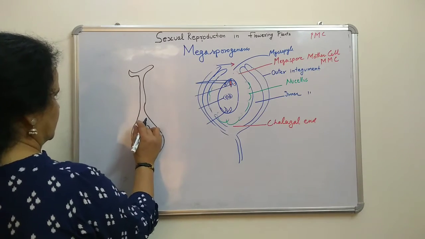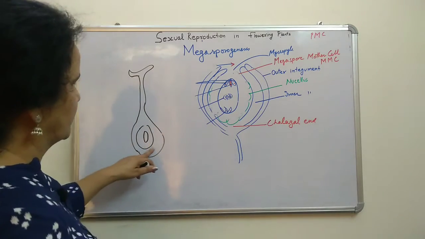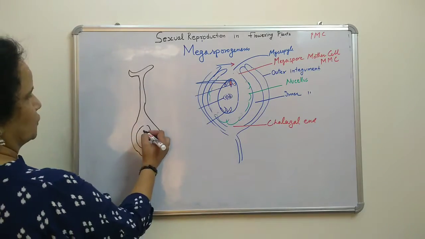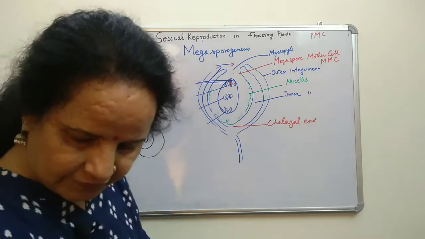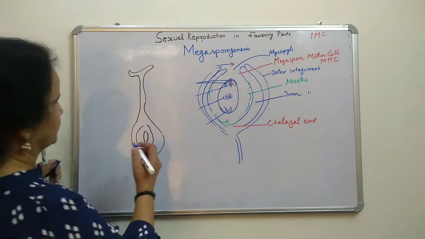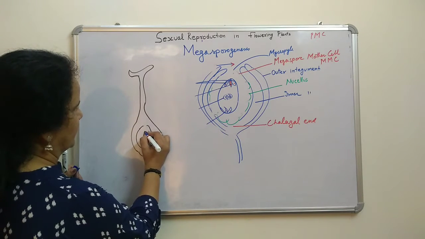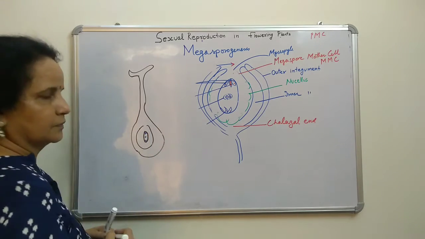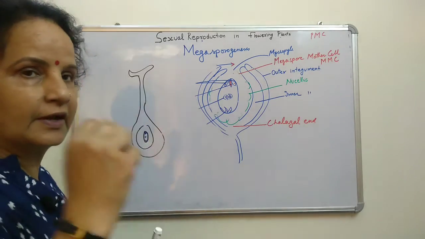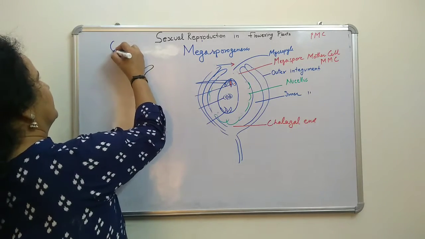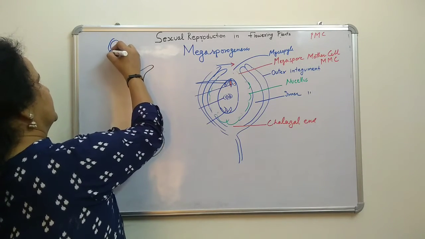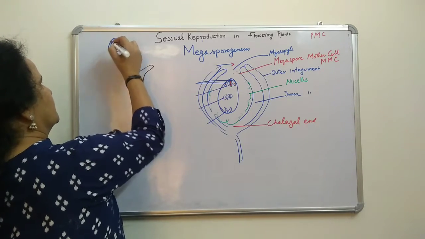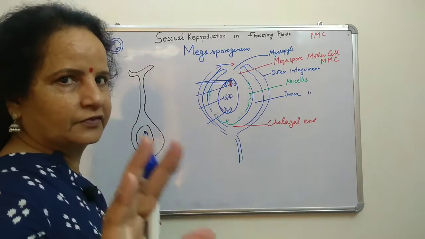Then ovary. Now here micropyle and ovule. This one is ovary, ovule, embryo sac. Here the micropyle. Now you see what will be inside it? Synergids are there, and egg, here antipodal cells, and here the central cell. Now you know in one pollen grain two gametes are there. Pollen grain will be there, intine, then exine, and in that the germ pore is there. That is a two cell stage, and a three cell stage also.